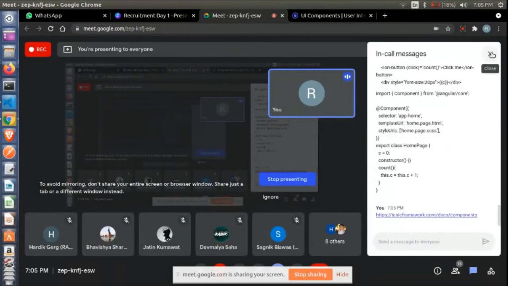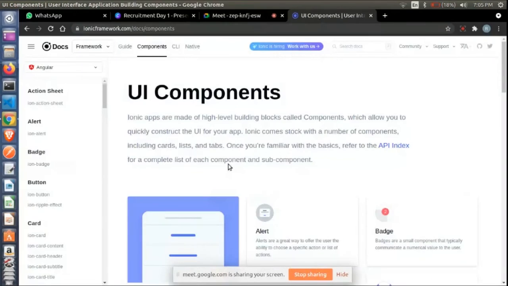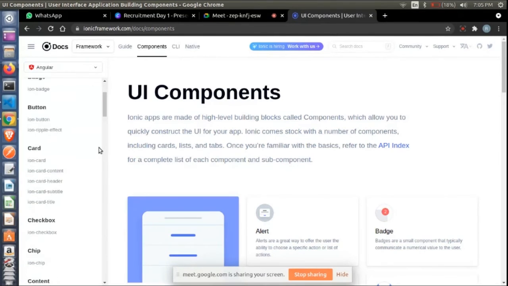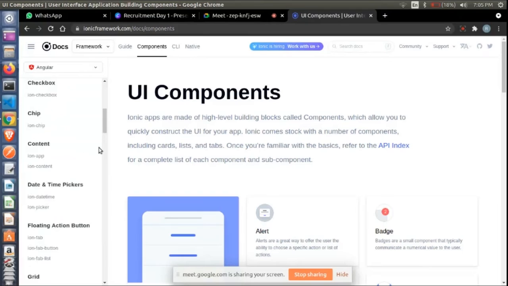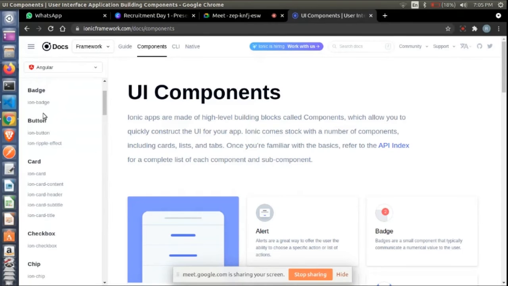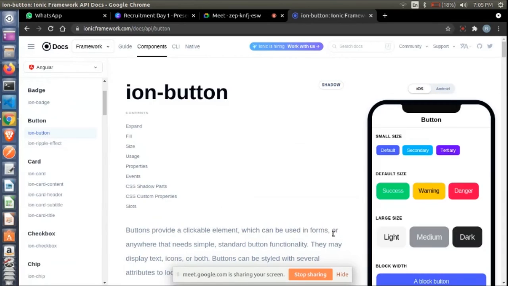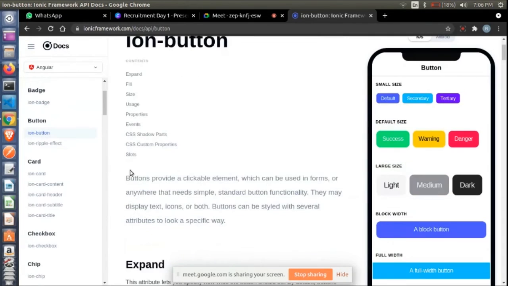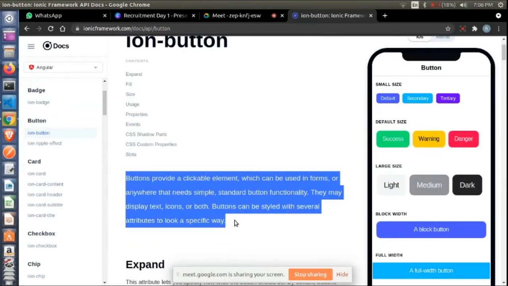When you go to this site, you can see a similar UI. On the left-hand side, you have a list of various Ionic UI components. For example, I'm going to ion-button. Here you will get an intro about the Ionic button.